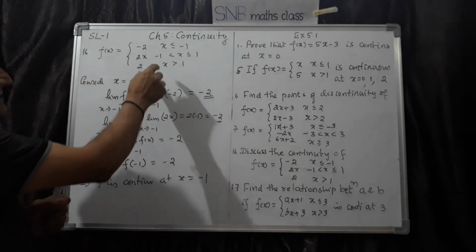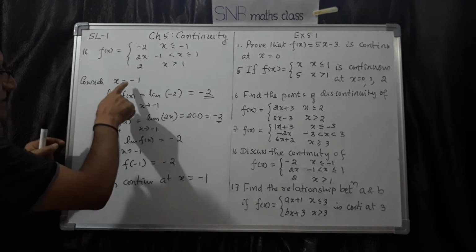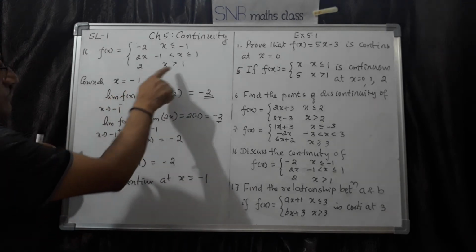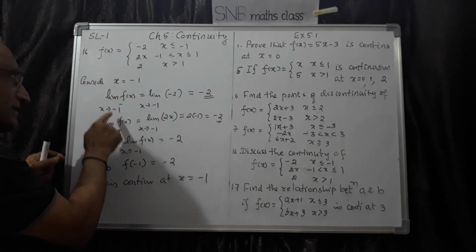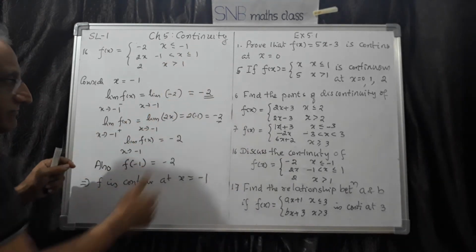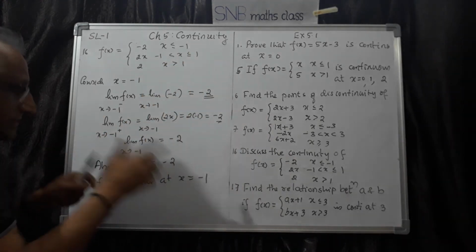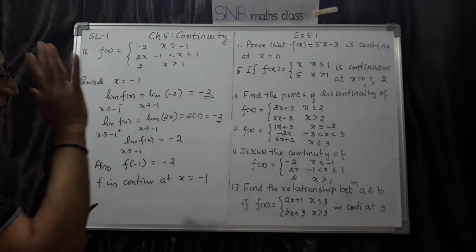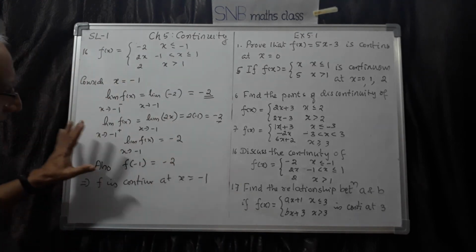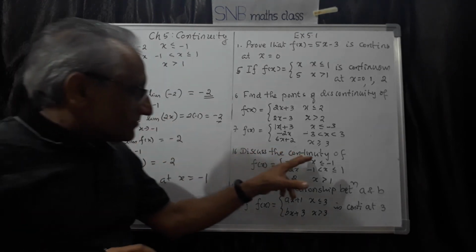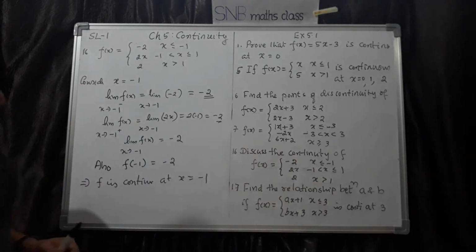Same way you can see the second one. I need not actually take x equal to 1. Then here, of course, instead of minus 1 it is 1 minus. You have to take the appropriate function, 1 plus the appropriate function, then complete it. So this is not difficult. The second part is identical, so I think I can skip this one. So this is how we have to do it. The 16th question is over. Now let us do the last one.